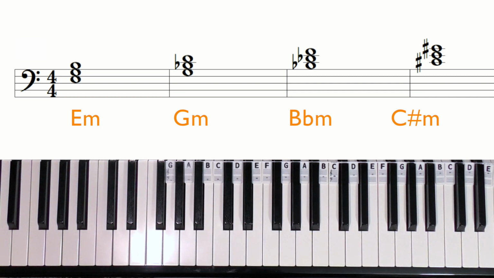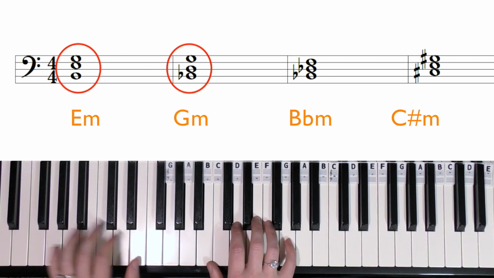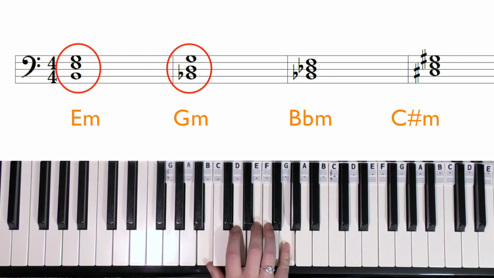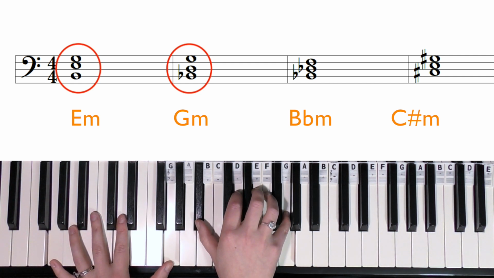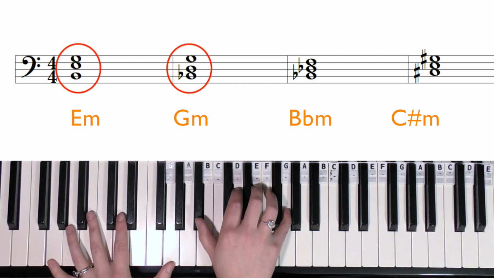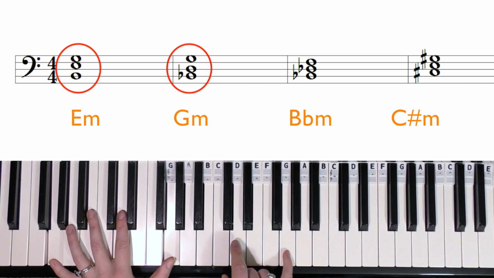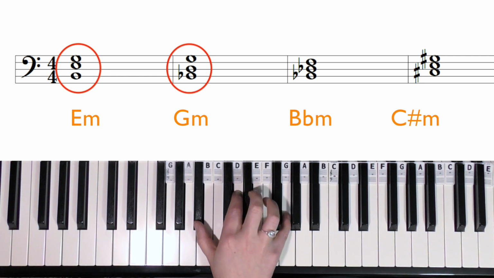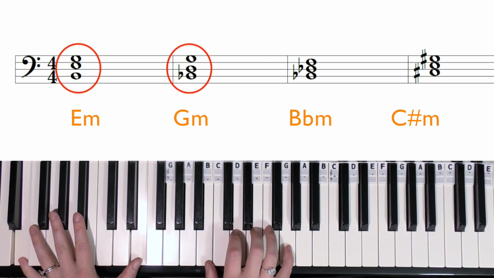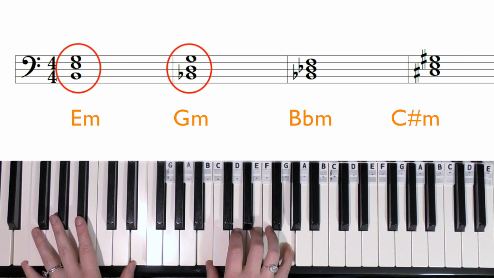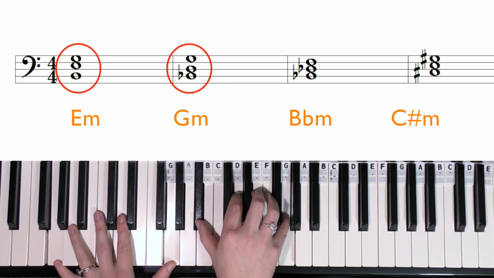So now if we play around with inversions of those chords, let's start on an inversion. I'm going to start low, so I'm going to start E minor, second inversion, so that's B, E and G. And then to get to G minor, I'm going to keep my little finger on the G and change to D, the D and B flats. This is first inversion of G minor, so we'll do that again. E minor, G minor,